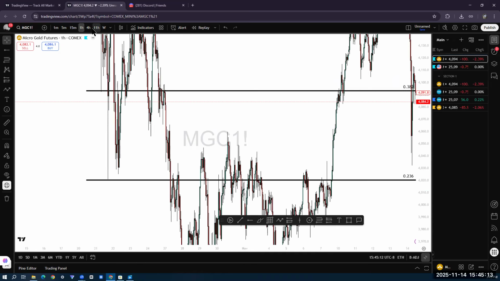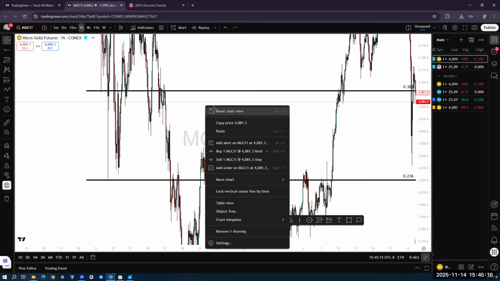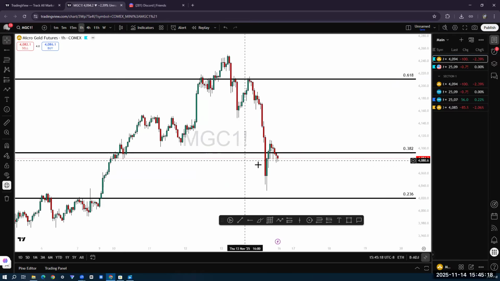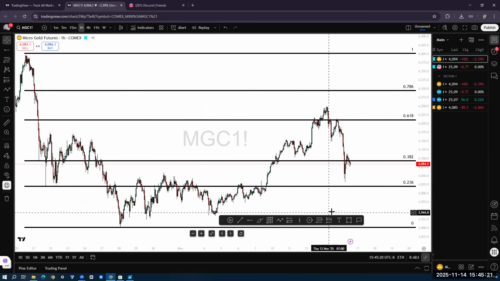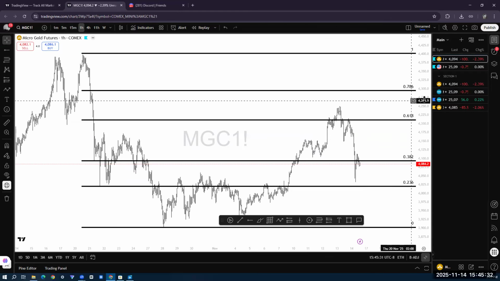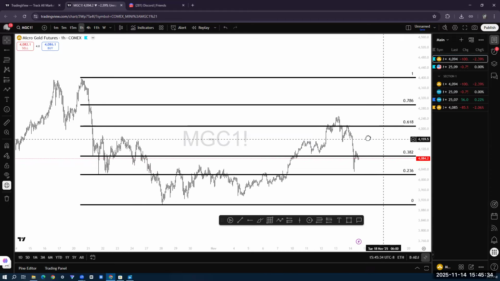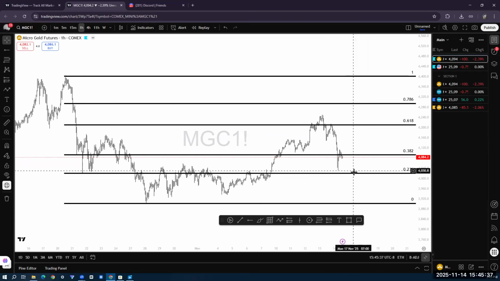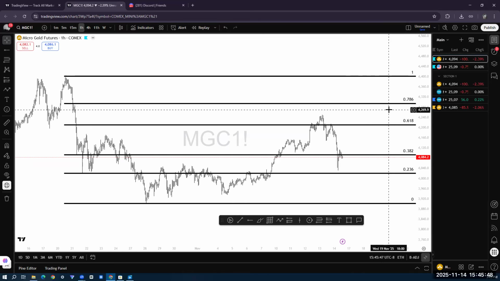Perfect. But initially, for example, if you said it like this instead: if I only buy from my 236 and only buy from my 382 and only sell from my 618 and only sell from my 786, would I have a 50% win rate? I'm going to tell you yes, you will have a 70% win rate. If you buy from the 236 and the 382 and sell from the 618 and the 786 on the 15-minute or 5-minute time frame with a fixed stop loss and a fixed take profit,